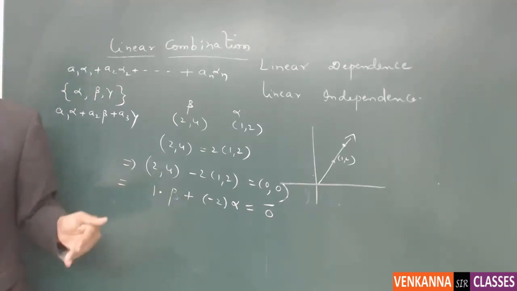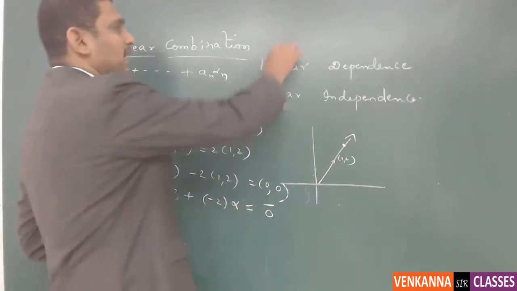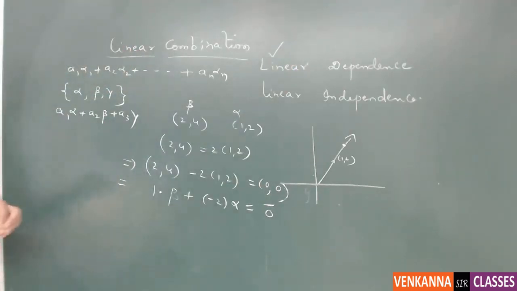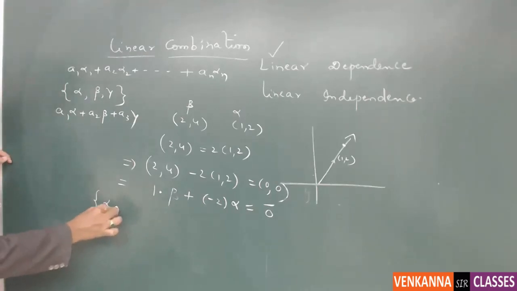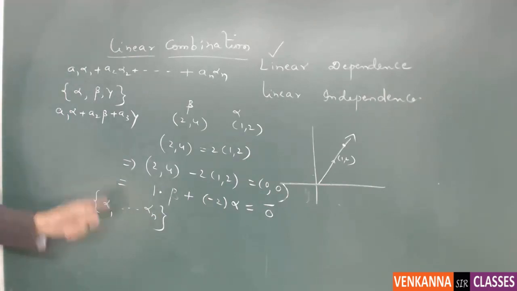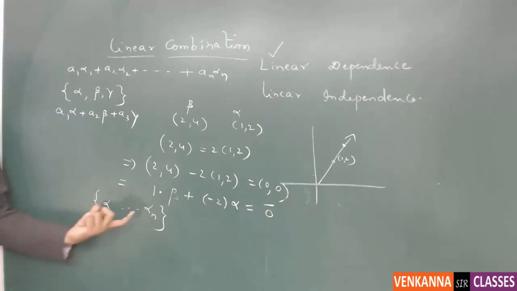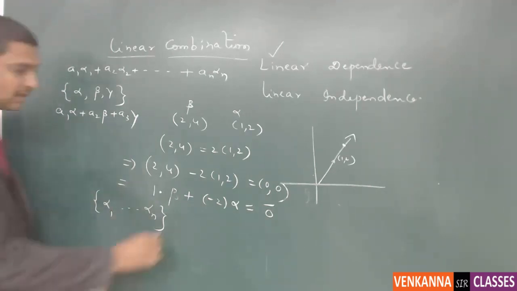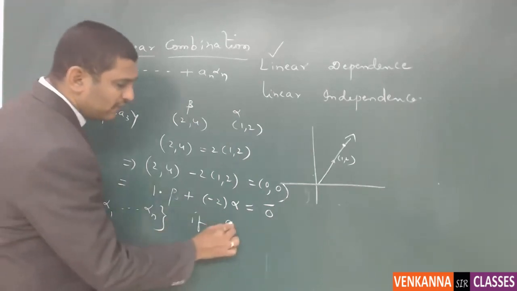So what is the definition of linear dependence? If you write theoretically, whenever you took a set of vectors alpha 1, alpha 2, so on alpha n, we say that the set is linearly dependent if